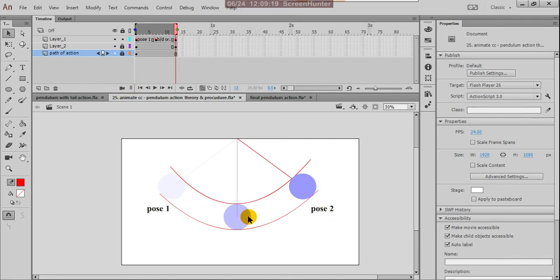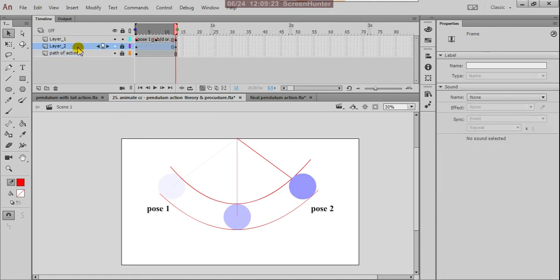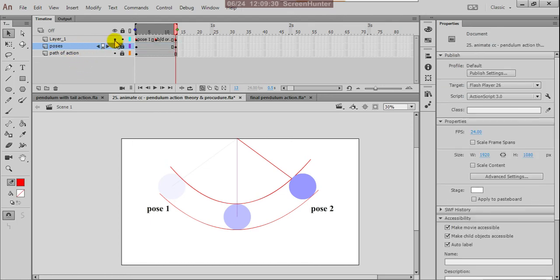So this is path of action, and this is the poses, and these are pendulums, right? So we had three poses. Actually, two poses are the main key poses, first and second. This is breakdown. I can type here.